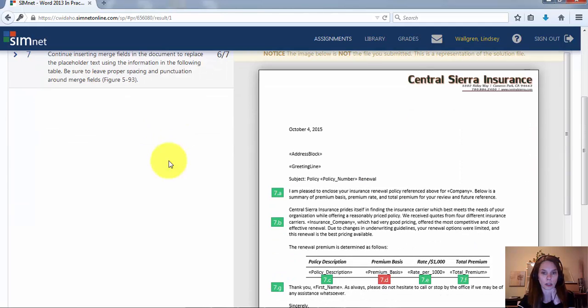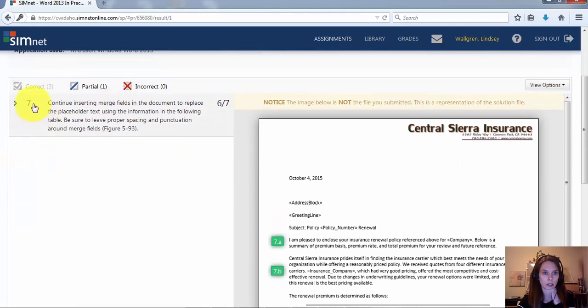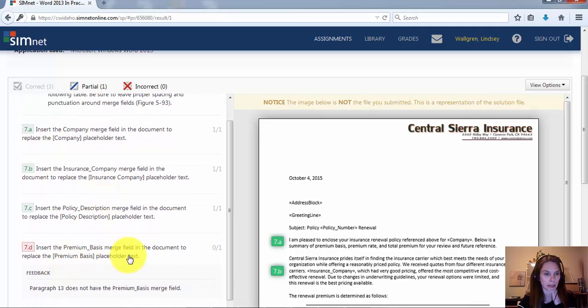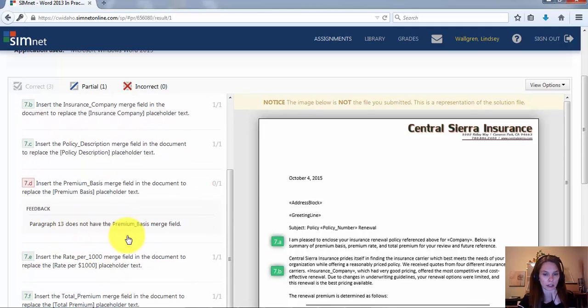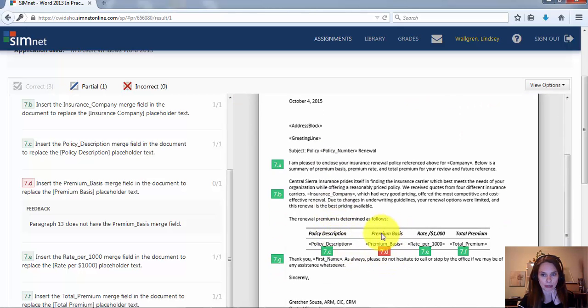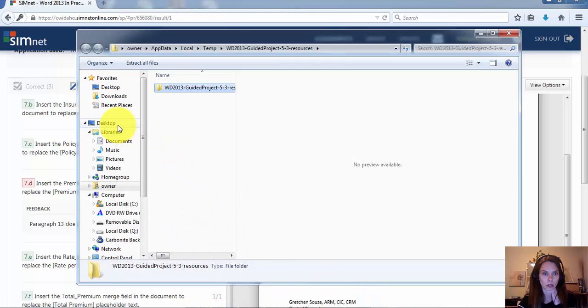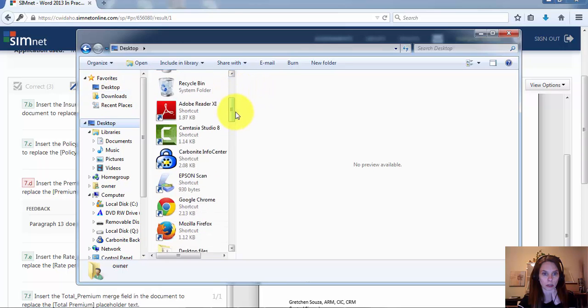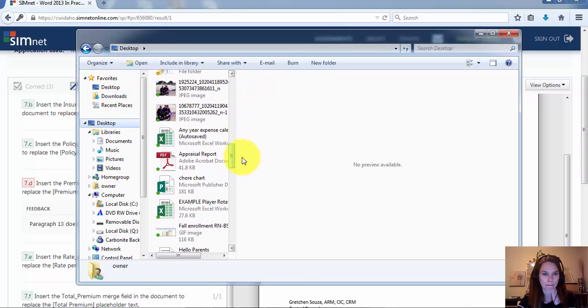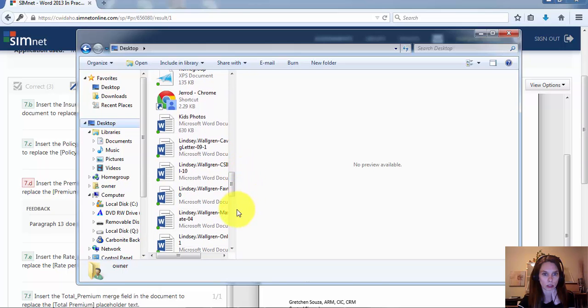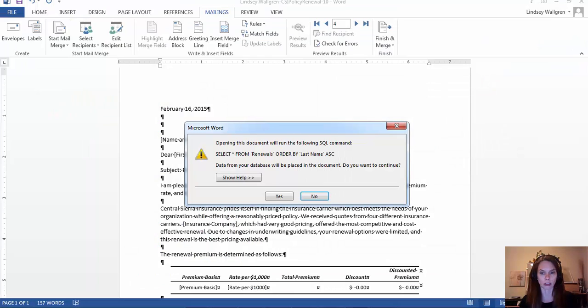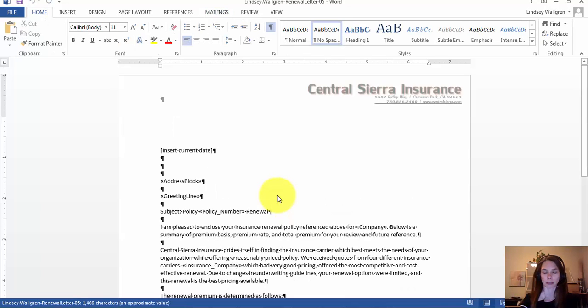Oh, 90%. Okay, so what didn't we do? Let's see. Insert the premium basis merge field. Okay, paragraph 13 does not have premium basis. Oh, so I must have inserted the wrong field, which is, of course, very easy to do. Let's see. We will get to the desktop, pull up our file again. Which one is it? Okay, it says opening this document will run the following SQL command, and that's okay. That's just the reference marker to the